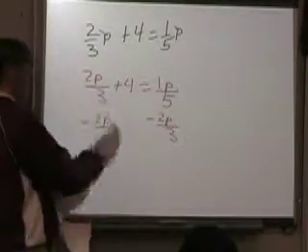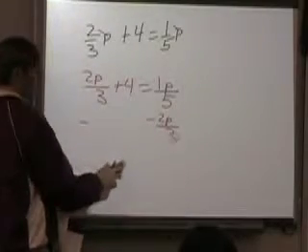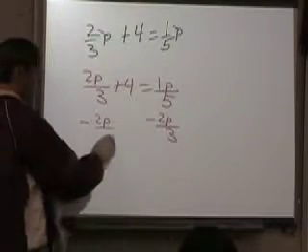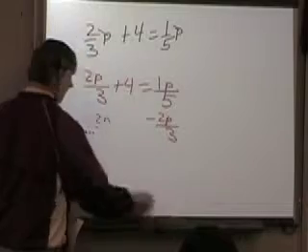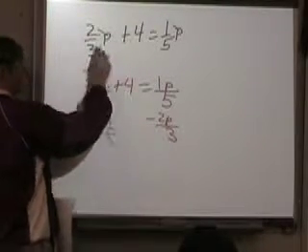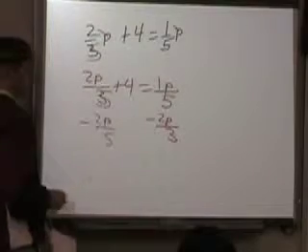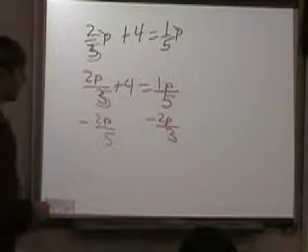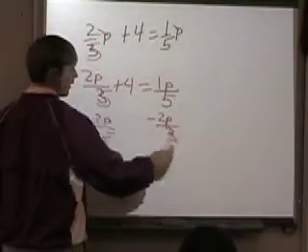Yeah, this is supposed to be over 5. I wrote this wrong. It's supposed to be 2p over 5. I wrote the problem wrong. Now, since I'm subtracting 2p over 5,